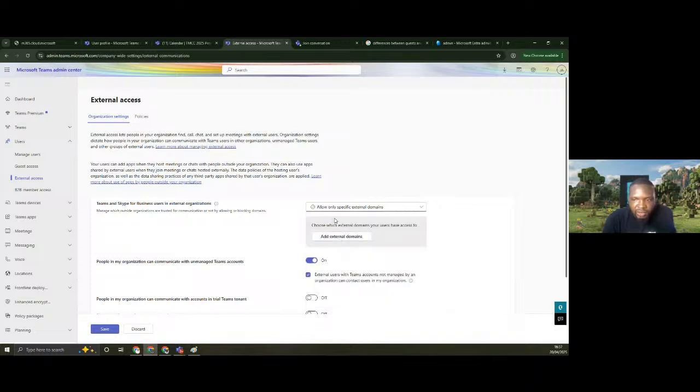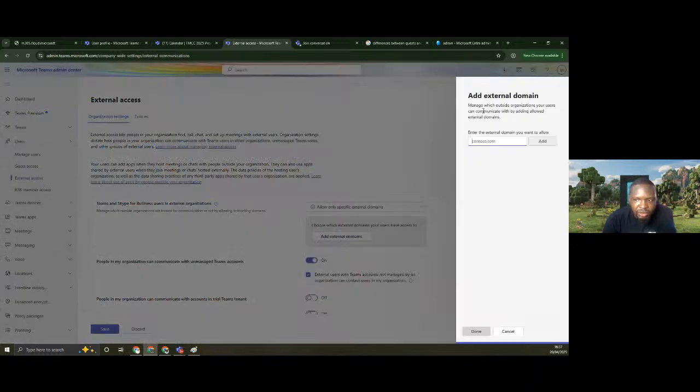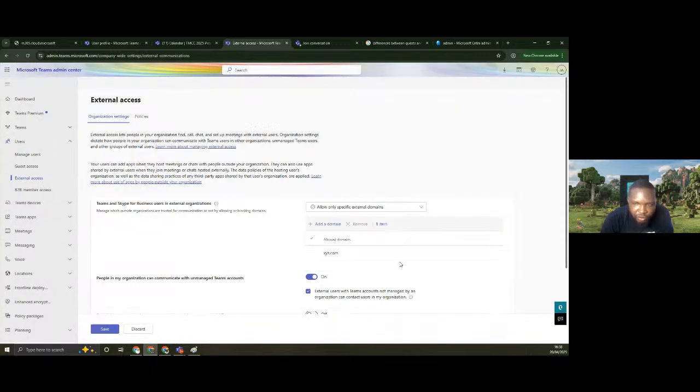Now, looking at it, if I want to do that, the same thing, just type in the domain there. And once you do that, you click on done. I don't know if there is any xyz.com, but let's say I'm allowing xyz.com unintentionally, right? If I do this now, I click on add and I click on done. If I do this with xyz.com and I leave this here and go, what it means is that it is only xyz.com that I will be able to have interaction with.